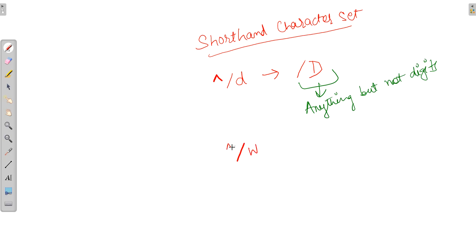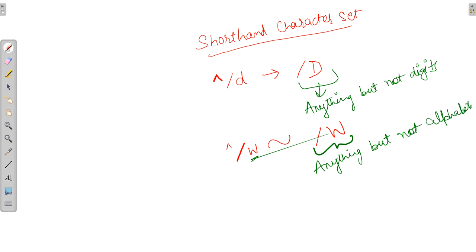If I write negate, it is similar to \W. It means anything but not small w, which has alphabets including uppercase, lowercase, nor numerical value, nor underscore. It will have everything except these.